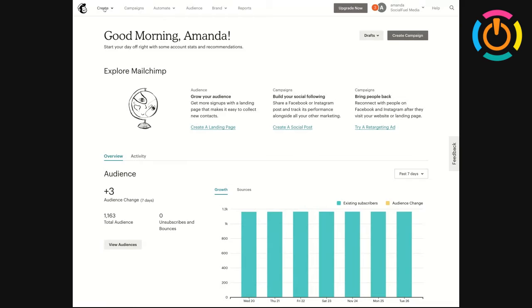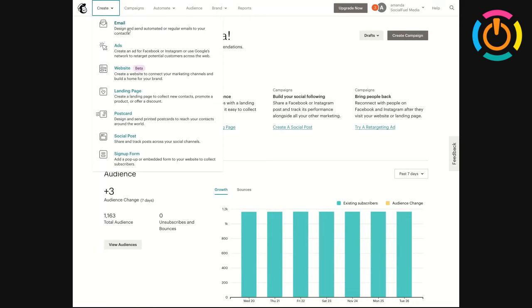So over here, you hit create. You can create an email, a Facebook ad, or an Instagram ad, which, by the way, I don't suggest. I would do it right in the Ads Manager or Power Editor. I think they just have Ads Manager now in Facebook. You can do a website,